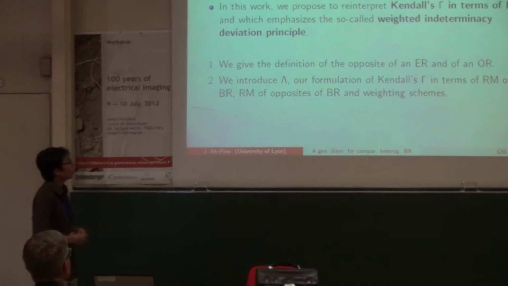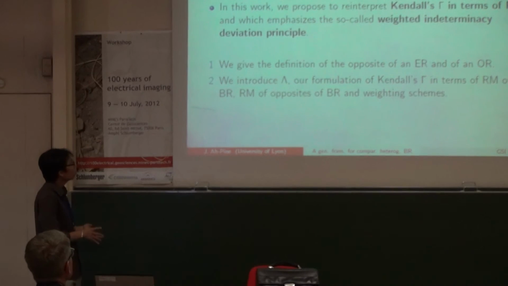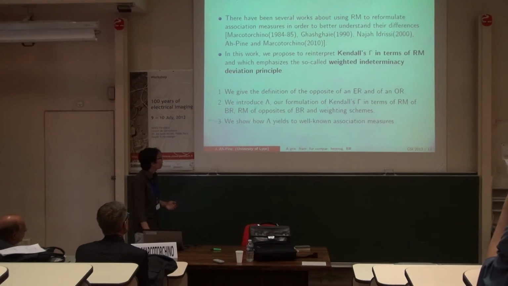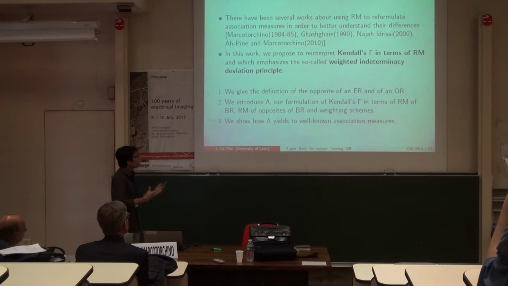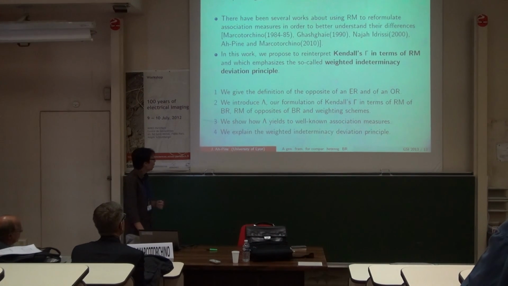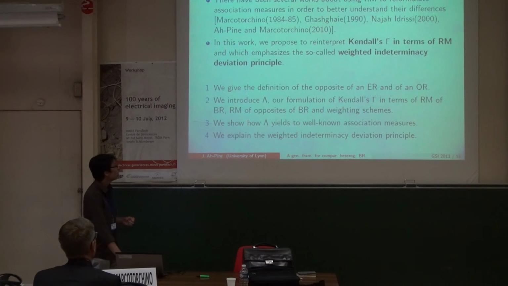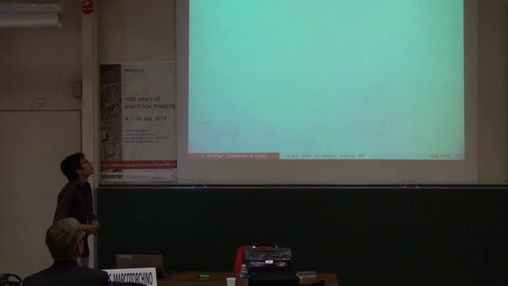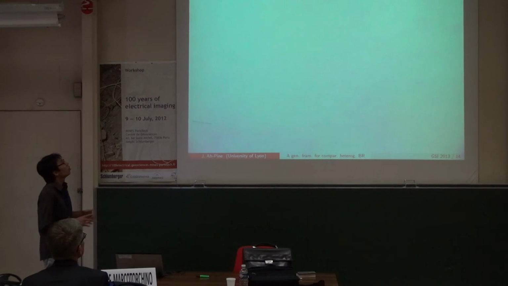We will see that it can be expressed in terms of relational matrices of opposites of the binary relations, and weighting schemes. Then I will show that this lambda generalizes over particular association coefficients. And then I will give some more details about the weighted indeterminacy deviation principle. So, the opposite relation of